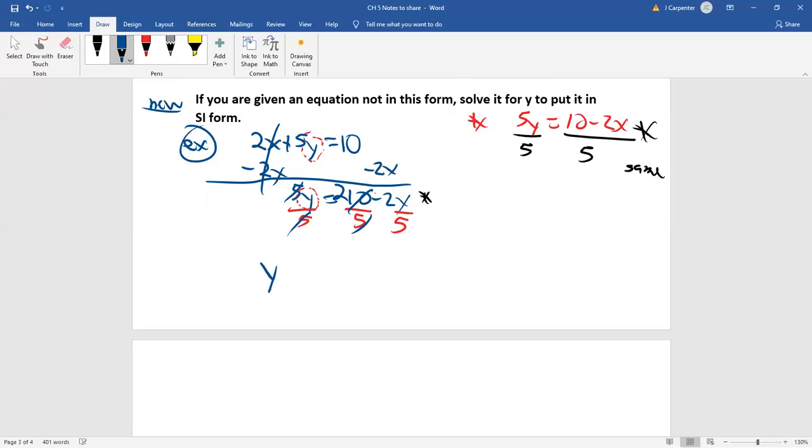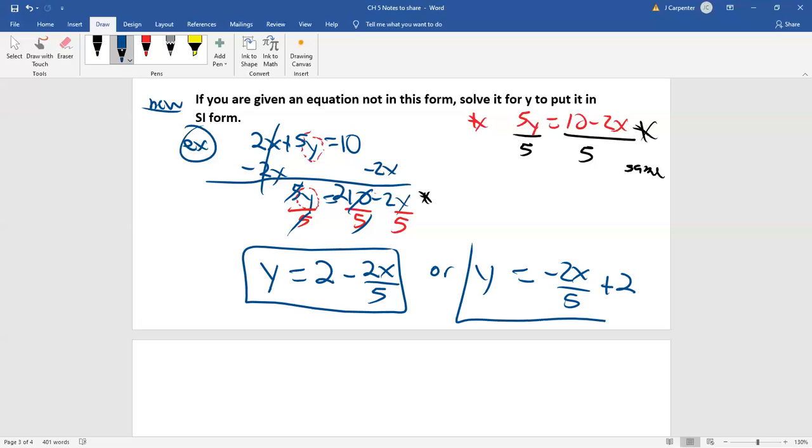And you get y equals 2 minus 2x over 5. Or if you want this to look more proper to have the x term first, that's y equals negative 2x over 5 plus 2. These are the same thing. They are just written in a different order of terms. And you might be thinking, well, Mr. Beckner, why isn't this positive and this negative? Why did you move the location of the minus? Because the minus goes with the x term, so the minus has to stay with the x term. This 2 was positive, so that needs to be a plus.